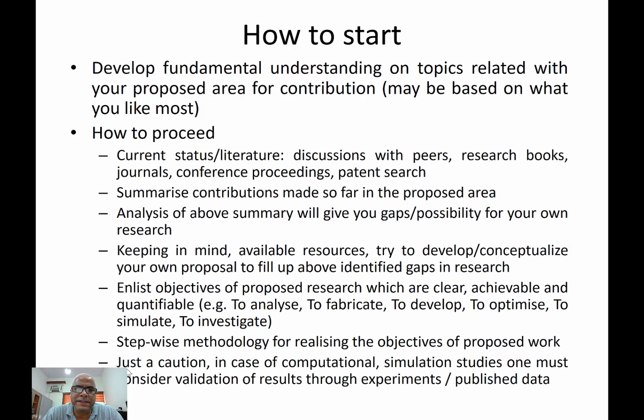So basically the first step is to do the literature survey in a proposed area of research, summarize the research which has been done, and analysis of that research will give us the research gaps on which work can be taken up. And using these research gaps and considering the availability of resources, we can develop our own proposal to fill up the identified research gaps. So accordingly, we will have to develop or write the specific objectives of the proposed